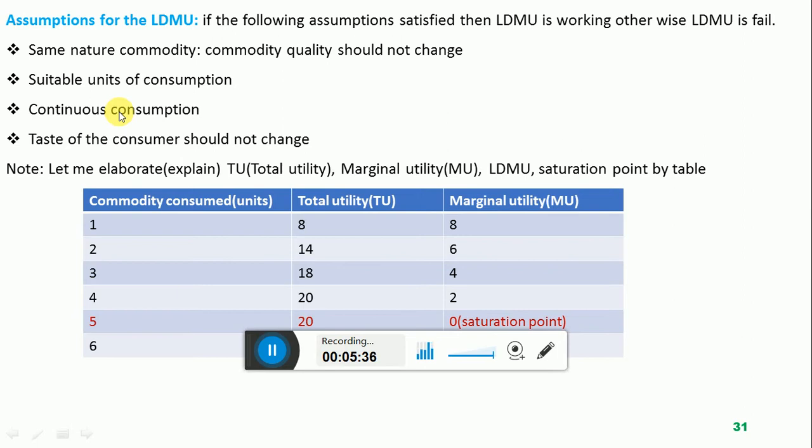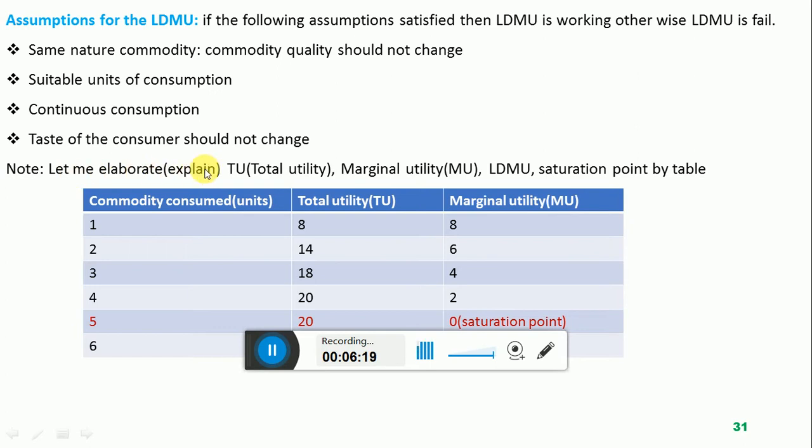For example, the consumer is drinking a glass of water at breakfast. It is possible that at breakfast this glass provides less utility, but at lunch the same glass will provide more utility. So the law fails. The law says that the first unit will provide more utility, the second will provide less, the third will provide less than the second, and so on. Here the glass of water at breakfast is providing low utility, and the glass of water at lunch is providing more utility. Why? Because there is a huge time interval. So that is why the law of diminishing marginal utility has failed.